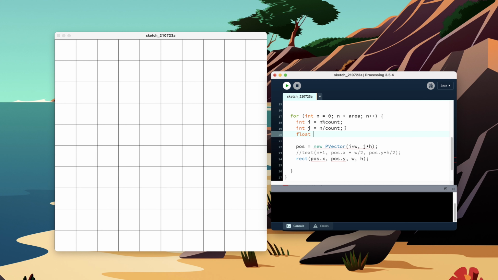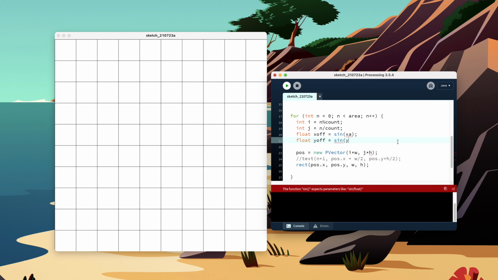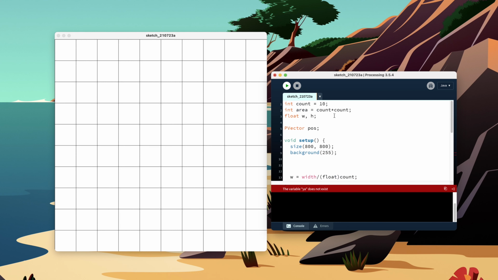We'll make it a float. So I'm going to just do an x offset, and I'll use the sine function. So I'll just use an angle that I'm going to call XA, and for the y offset I'm going to do YA, and I will define those up here,